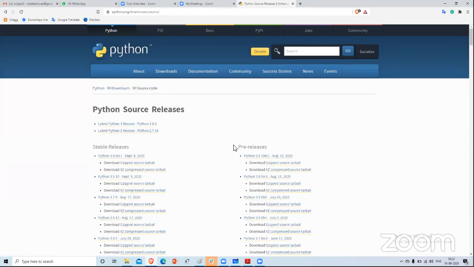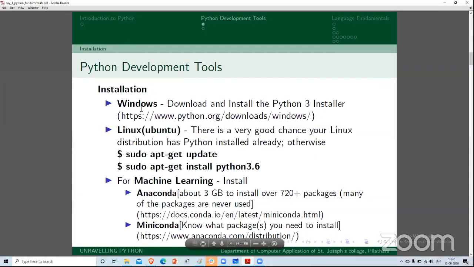So likewise, you can install Python in your system. For Windows and Ubuntu, you can download the setup from the same website. And in Linux, by default, Python is available.